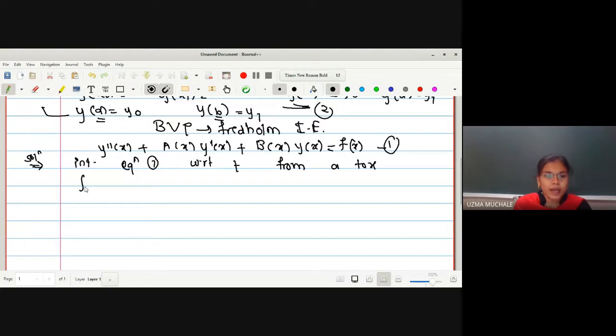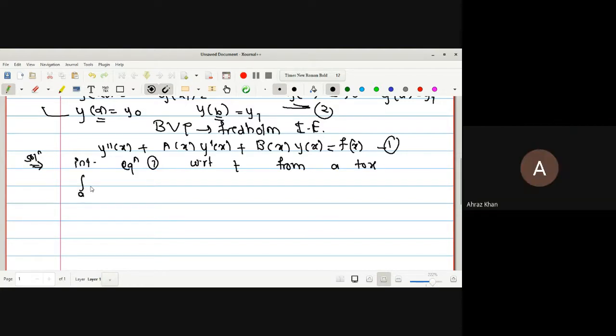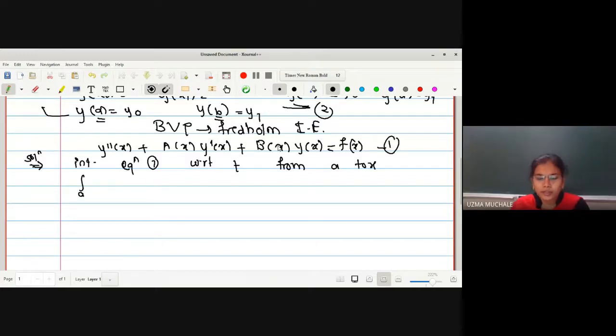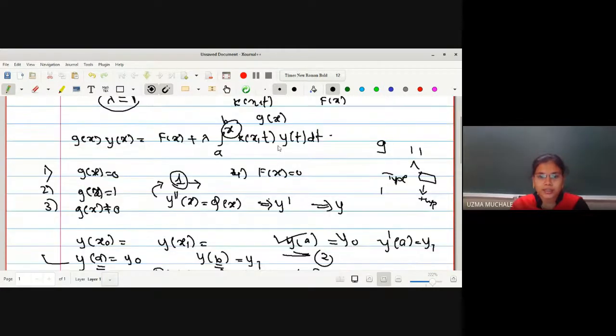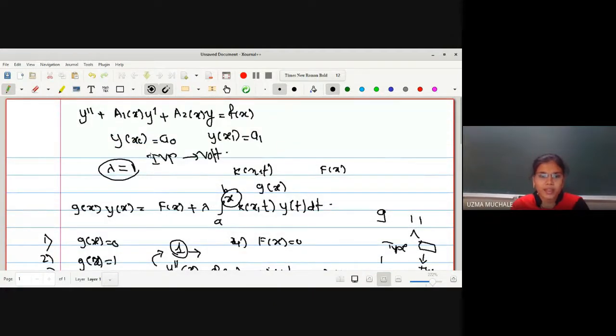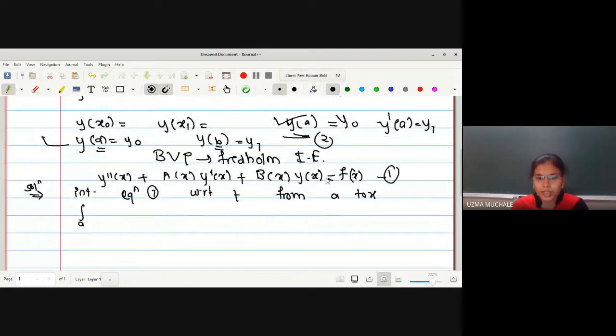But this is a Fredholm integral equation, no? Why a to x then? Actually, I think you are having a problem with that. We used integration a to x here, correct? But now here again we will use a to x only. But whenever we use the condition y of b is equal to y1, at that time the upper limit may be changing. After completion of this, you will understand why we have used a to b.